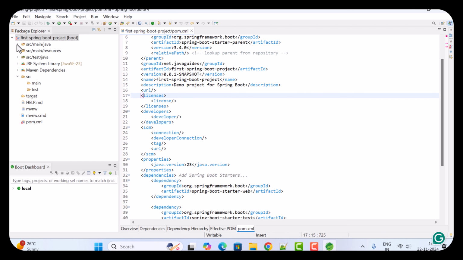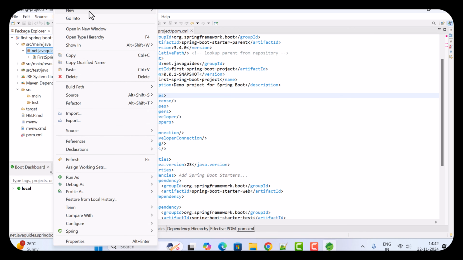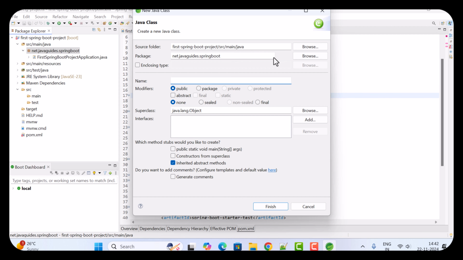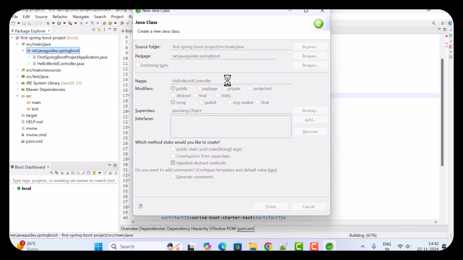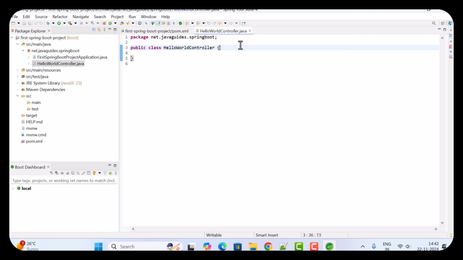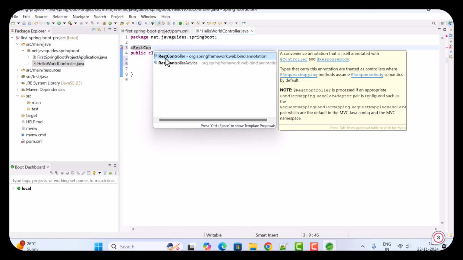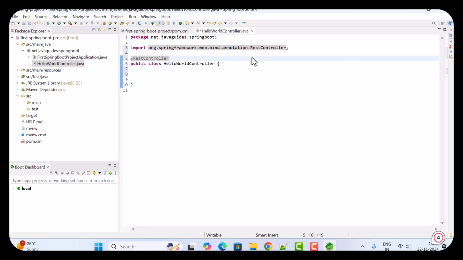So go to src folder and go to this package, right click on it, new, and then choose Java class. Let us give class name as HelloWorldController, and within this class let's create a simple REST API. So before that, let us annotate this class with @RestController annotation, and make sure that you choose RestController annotation from org.springframework.web.bind.annotation package. Next, within this class let us create a method public String helloWorld,